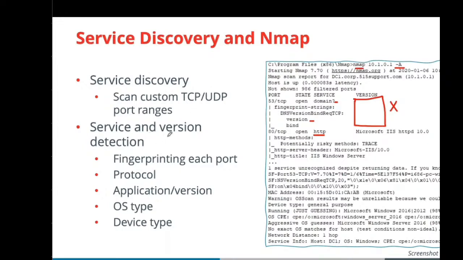As you can see over here, service and version detection, fingerprint each port. Get further details on what that service is being used for. What is the version of that particular service? If there are any vulnerabilities, provide the vulnerabilities also. What protocols are being used? We'll get to know about that, the application and the version of it. Right now here version is not mentioned, but over here you can see the version,